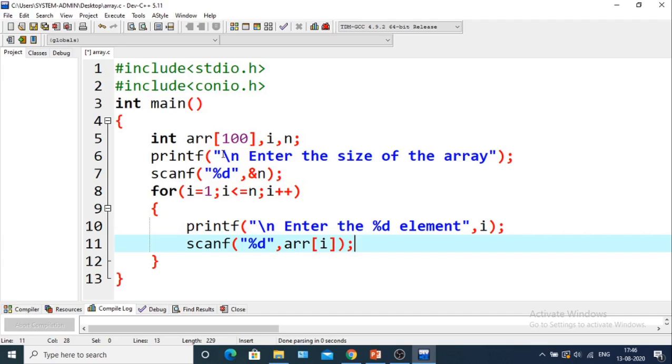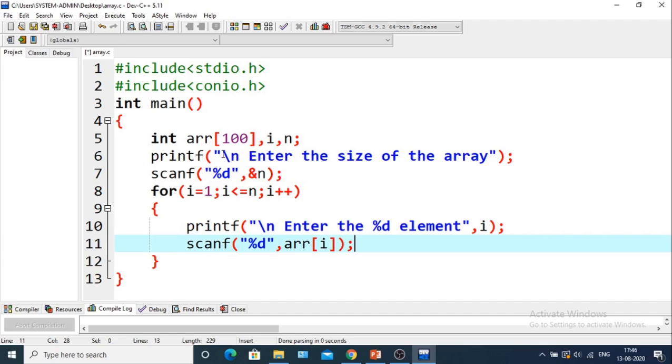So it will take time if we do not use an array. But here we have taken an array and used a for loop, so we have written the scanf function within the for loop. The scanf statement will execute n times, so it will help us, as we are not required to write scanf many times.